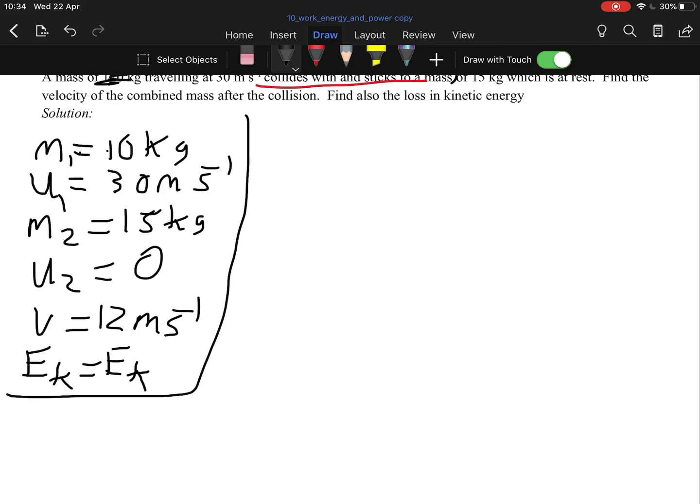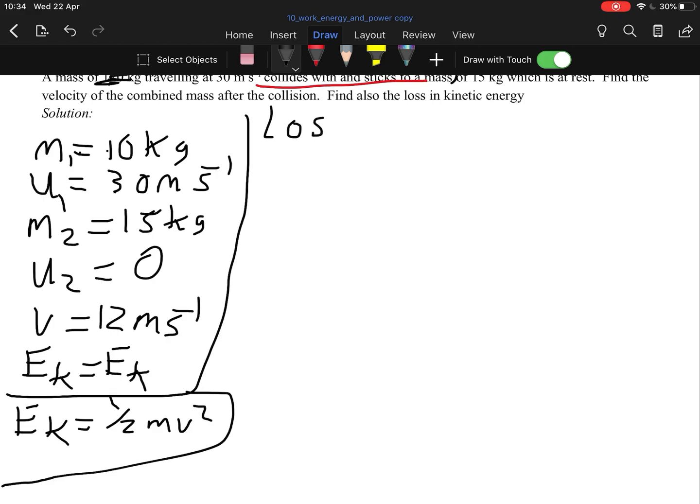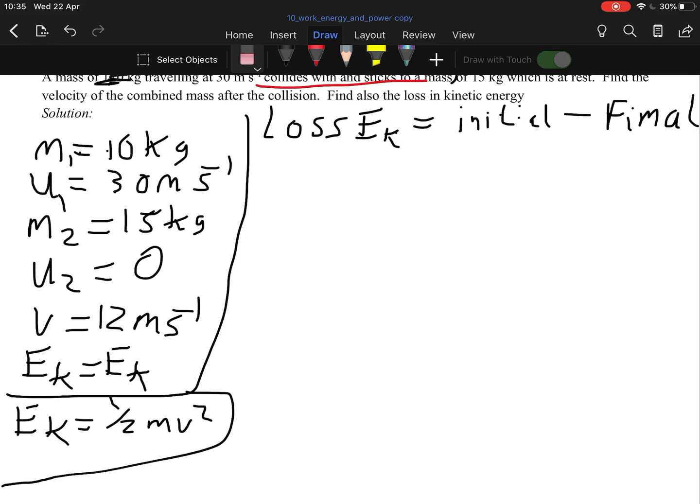All right, so now part 2. Part 2 says, find the loss in kinetic energy. So EK equals a half mv squared. I'm going to put that down here just so I have all my math space. A half mv squared. All right, so loss in kinetic, I know, gain in potential, but here that's not really what it means. Loss in EK equals initial minus